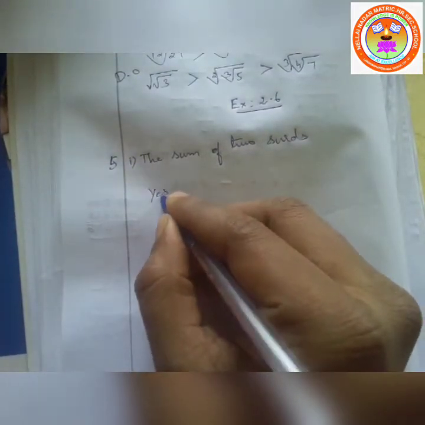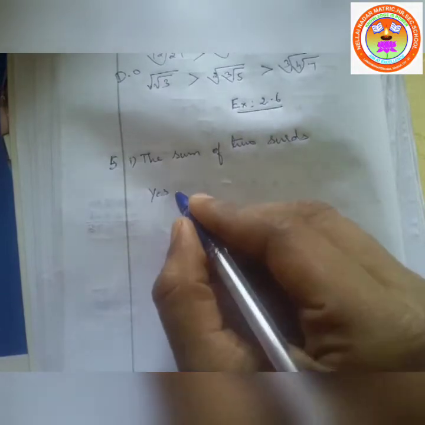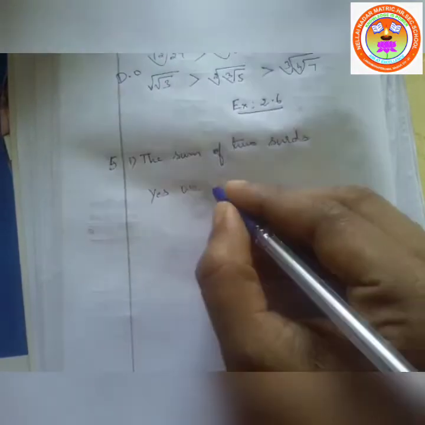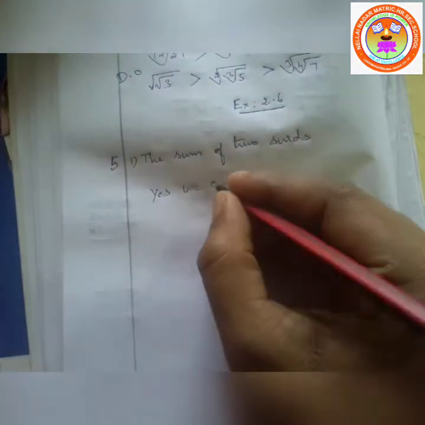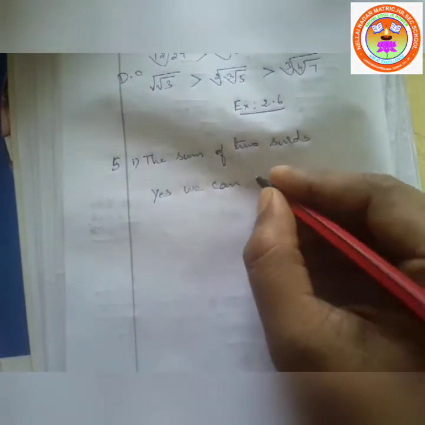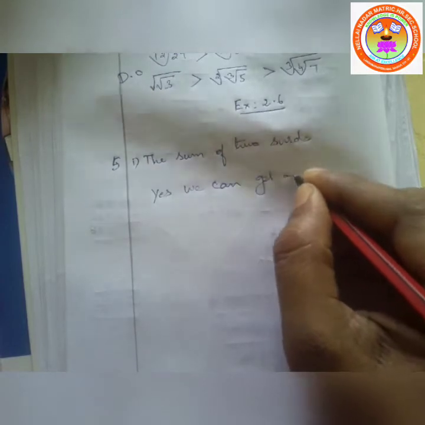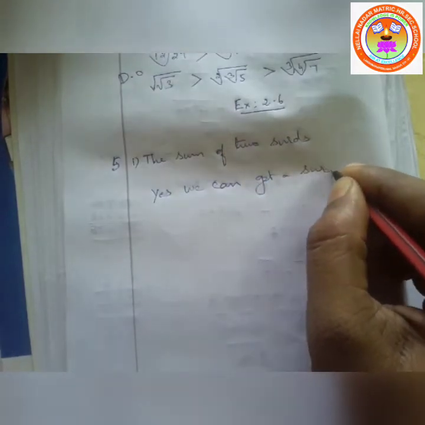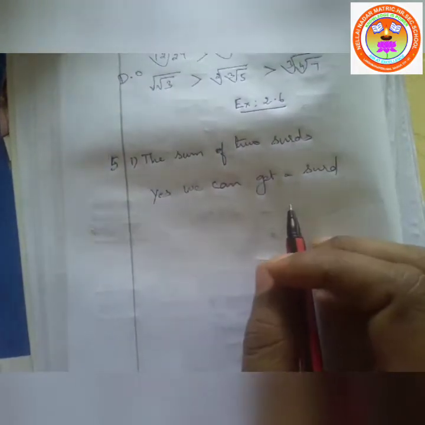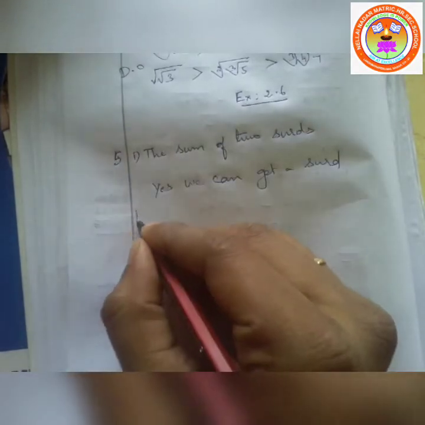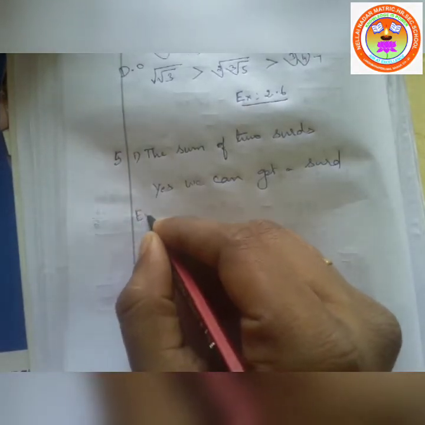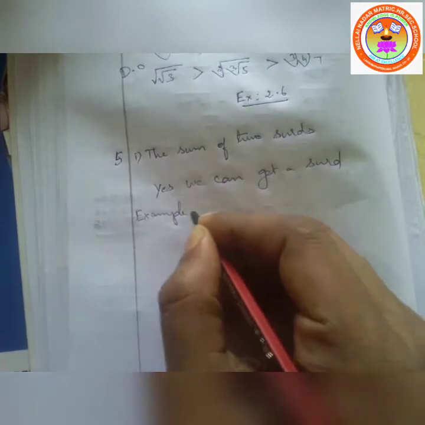The answer, what do you have to write? Yes, we can get a surd. You are right. Yes, we can get a surd. We are going to explain this by using examples. Two examples. Example A